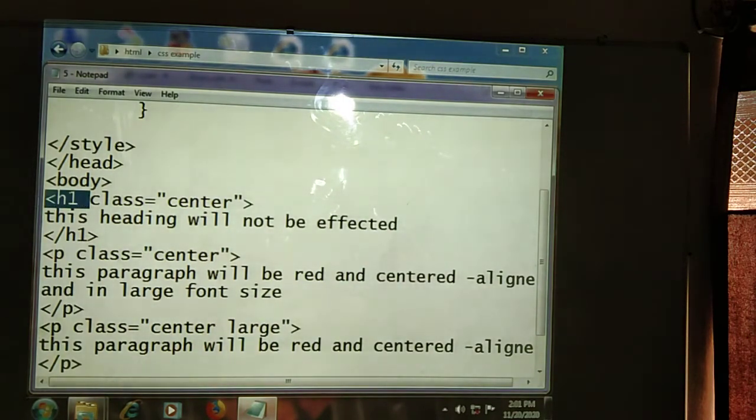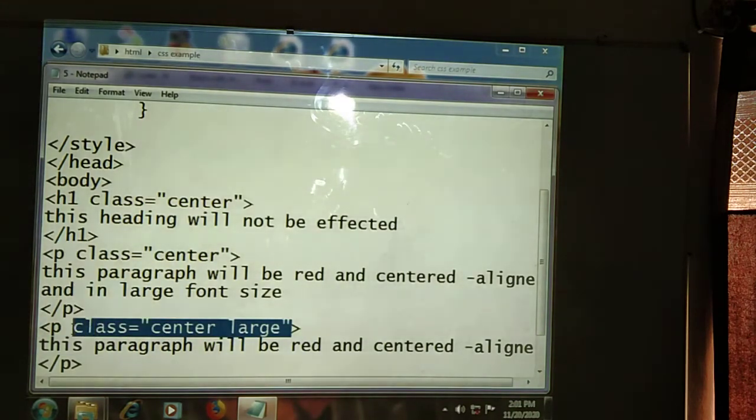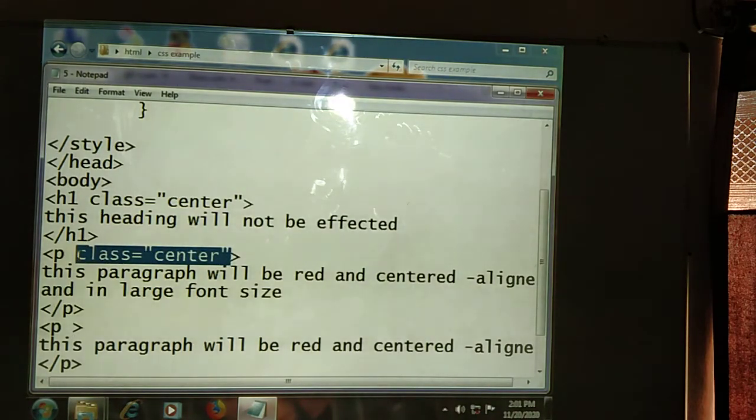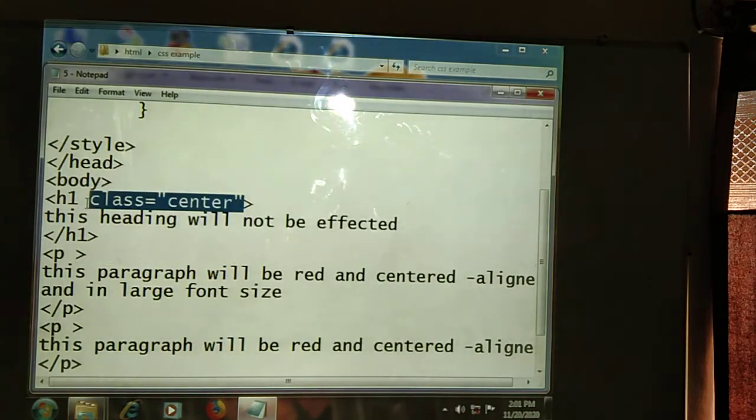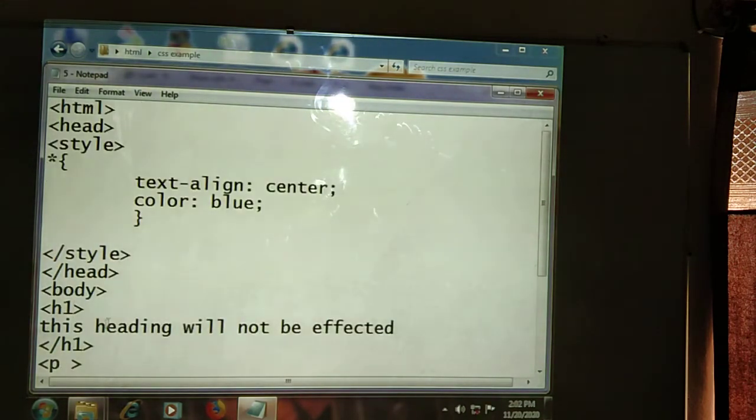In the body section, H1 element we are going to be opening, paragraph also we are going to be opening, and H2. See here. Means it should be displayed in which color here? H1 will be aligned center also, blue also.